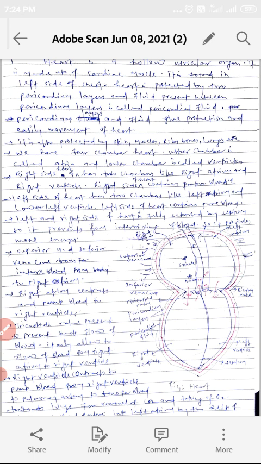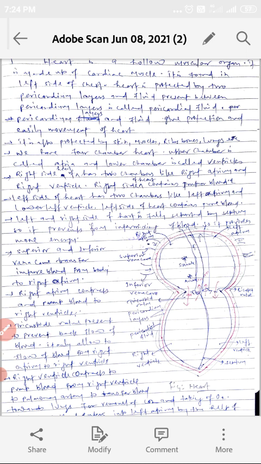We can feel the heartbeat and heart sound. There are two types of heart sound, lub sound and dub sound. Lub sound is the first sound and it is produced due to closing of the bicuspid and tricuspid valves. Dub sound is produced due to closing of the semilunar valves and it is the second heart sound. We can hear heart sound with a stethoscope, and with the help of heart sound we can know about the health of the heart.